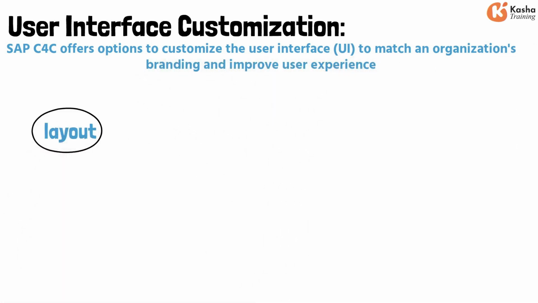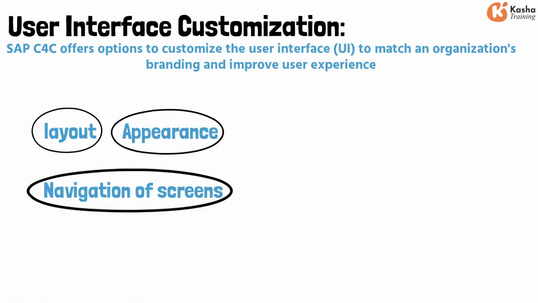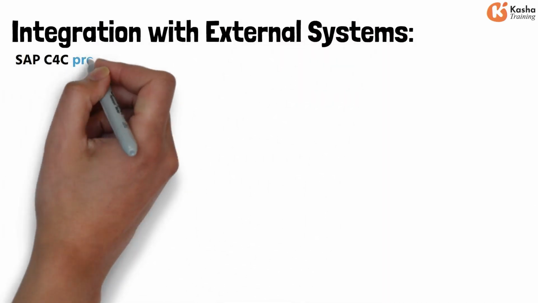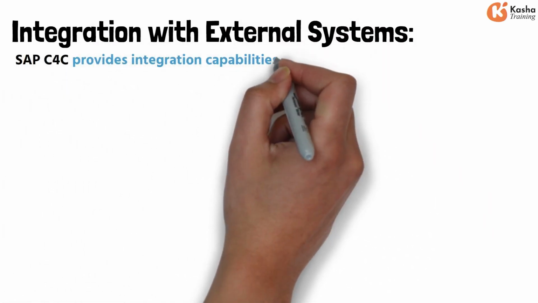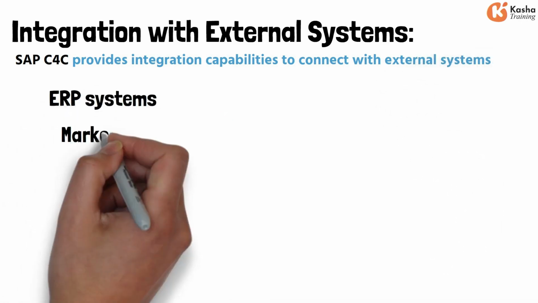Businesses can adjust the layout, appearance, and navigation of screens to suit their preferences. This allows for a more intuitive and user-friendly interface for employees working with SAP C4C. Integration with external systems. SAP C4C provides integration capabilities to connect with external systems such as ERP systems, marketing automation